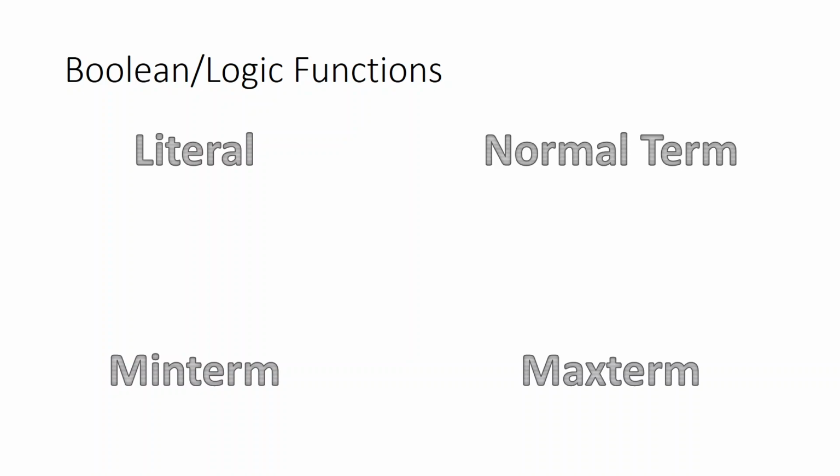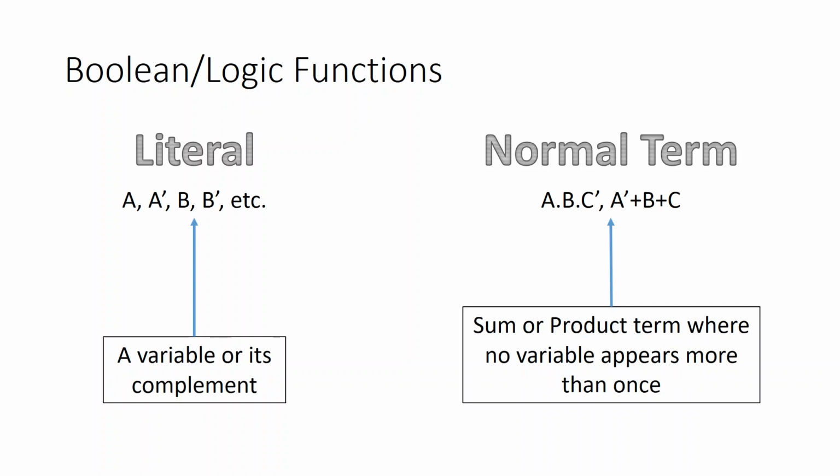When we are looking at a particular logic function, Boolean function, so function is basically the entire expression with the Boolean variables, there are a few terminologies which we should be aware of. These four terminologies that you are seeing on the screen right now: literal, normal term, min term, max term. Mainly our use would be to understand what the min term and max term are, but before that we should understand what the literal and normal term are. So, a literal is basically a single variable, whether it be in original form or complemented form, but it is only a single variable. A single variable or its complement is called a literal.